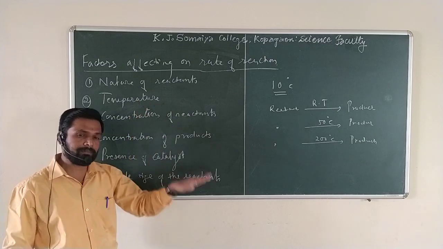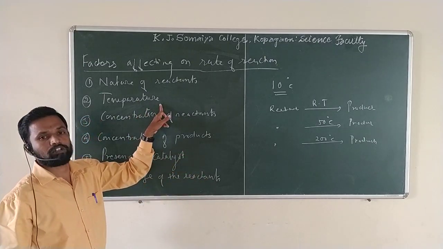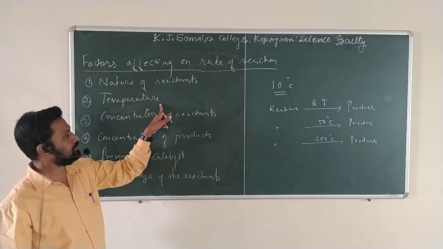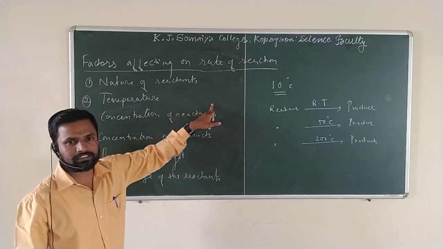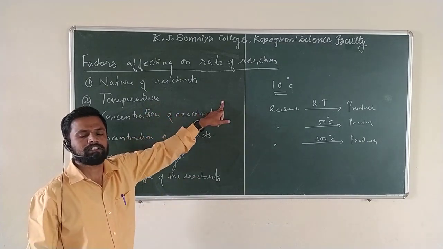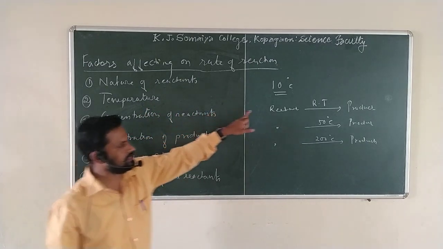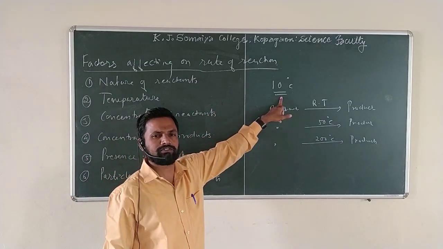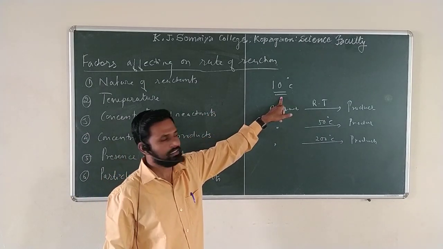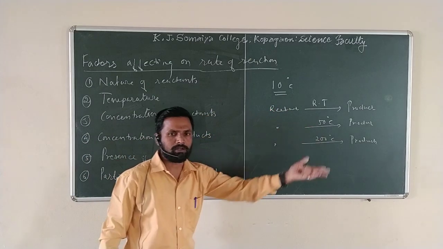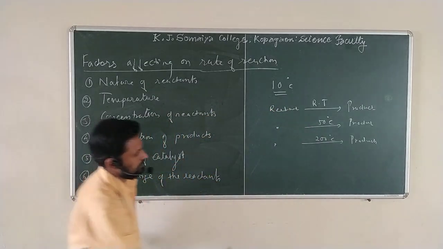Therefore, in some chemical reactions, temperature is kept constant. Definitely, if you increase the temperature, then the rate of reaction becomes faster. It is generally observed that if you raise the temperature by 10 degrees Celsius, the rate constant becomes double for that chemical reaction. Okay. Next,